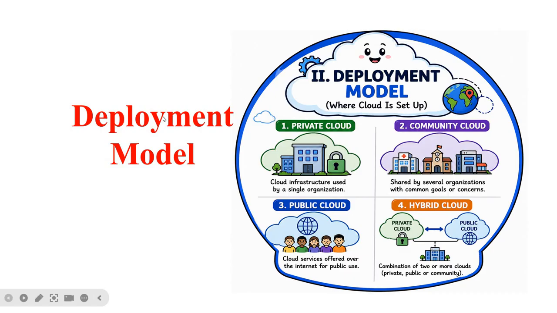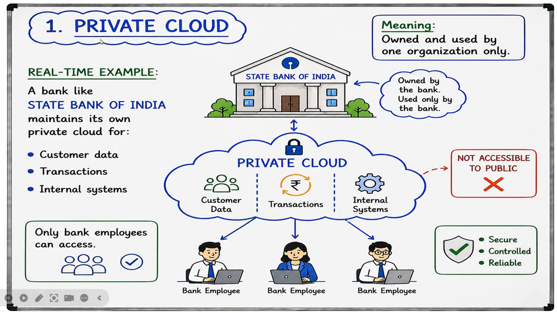Now first is the private cloud. Here it is owned and used by one organization only, and a private cloud is dedicated to a single organization and it is not shared with the public or other companies, and this provides high security and full control over the data. Now we'll consider here one real-time example, like a large bank like State Bank of India